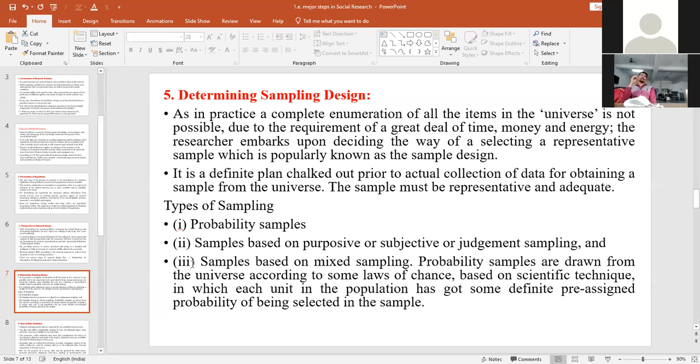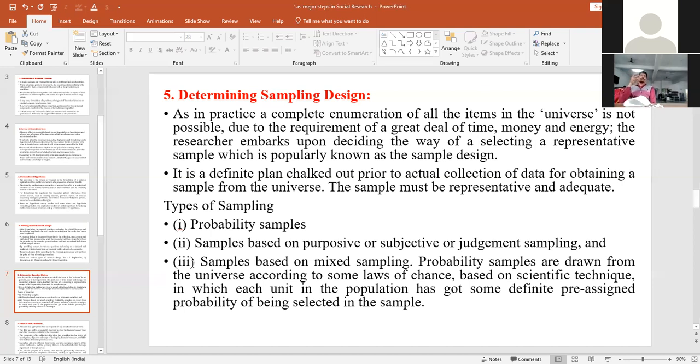If we want to conduct a study of 100 members of a village, and the village contains 1,000 houses, we have to take our respondents as 100 itself. But how can we select the 100? First of all, we have to collect all the 1,000 people's information, and we have to strike out every tenth respondent. Like that, a proportional rate should be there. That is called probability sampling or simple random sampling.